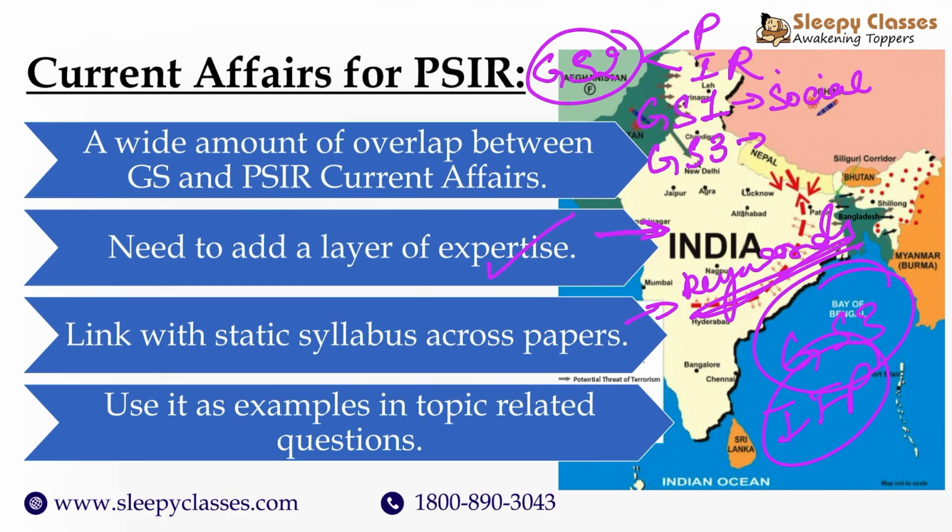Now, what a lot of students end up doing is that they have a very resource-led approach. They'll pick up one source, look at the article there and read it. If they have some time, they will probably read one more source. What is important is that rather than having a resource-led approach, you have a topic-led approach. You know what kind of topics are in the news, which you can get through any of the sources. After you cover one source, just do a cursory Google of it. There will be a number of other analyses which present themselves.